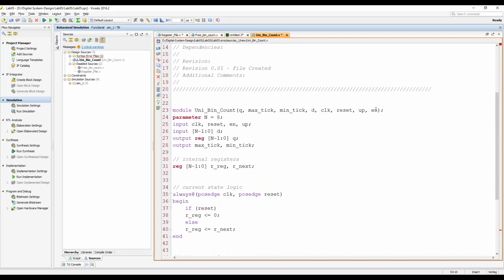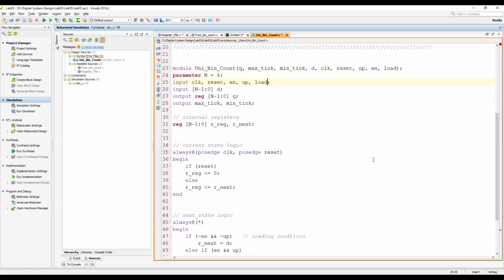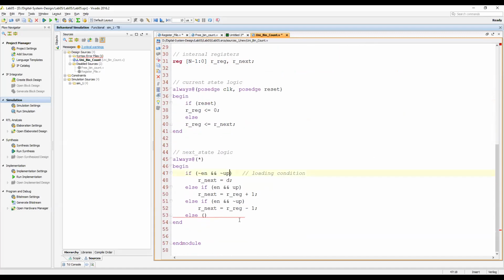I need another signal, a load signal. I need another signal, load. So let's see, I'm putting load here. Enable and load. Right, so now it is clear.